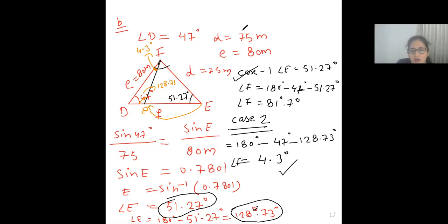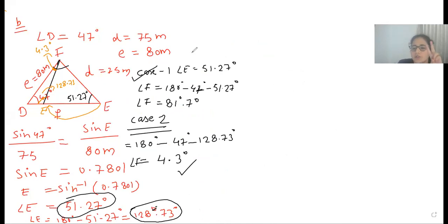You already saw that from the given information in part B, you can draw two triangles. So this is clear now. If from the given information we can draw two triangles, that is an ambiguous case. If we cannot draw two triangles, that is not an ambiguous case. Now there are 4 more parts. You solve and decide whether it is an ambiguous or not an ambiguous case. Okay, thank you.